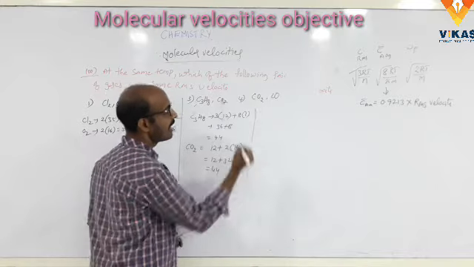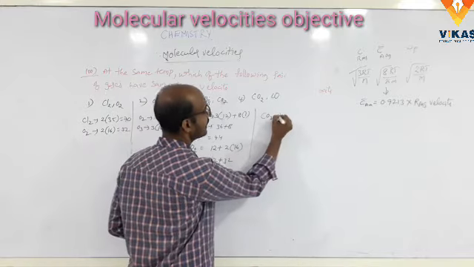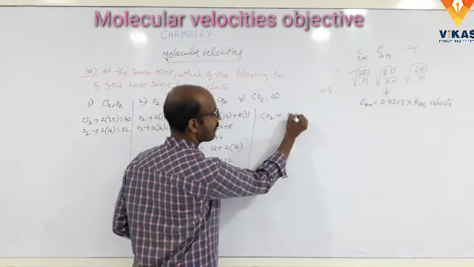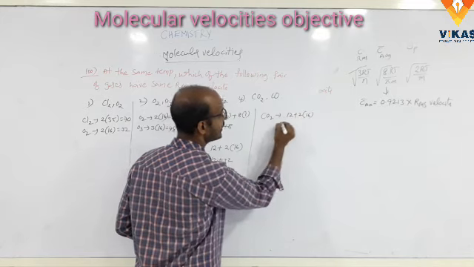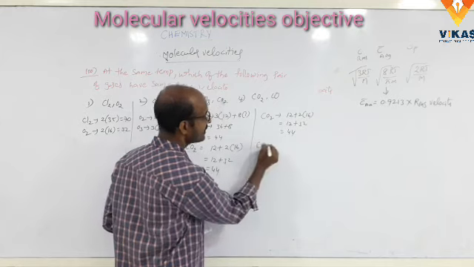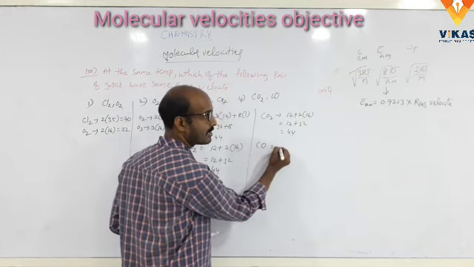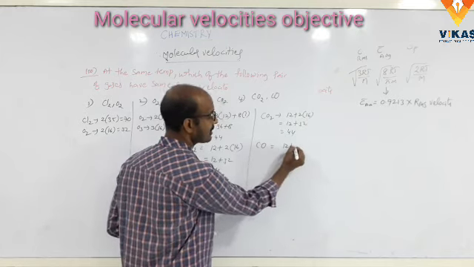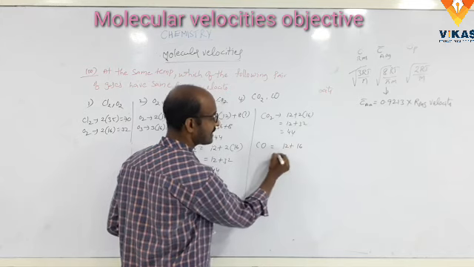Both are equal. And next one, CO2, 12 plus 2 into 16, that is equal to 44. And next one, CO, carbon atomic weight 12, and one oxygen, 12 plus 16,